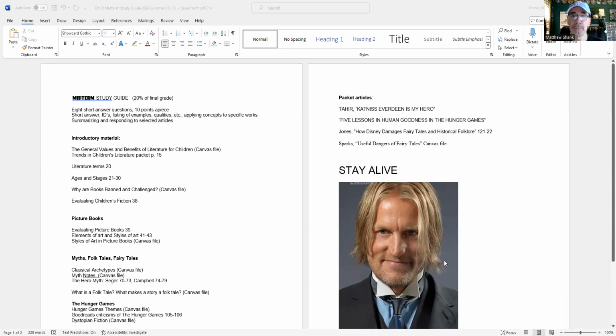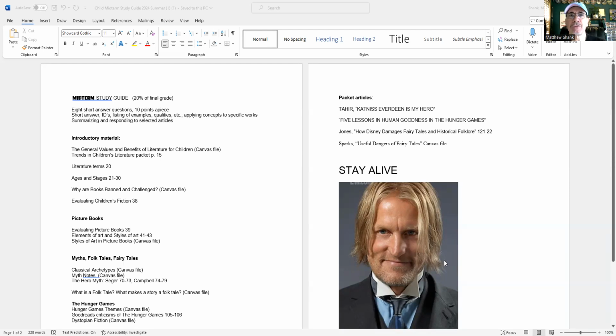So you'd have to know what symbols are, obviously, and then you'd have to be familiar enough with the story to be able to explain 3 symbols that you see in the story. So a number of the questions will be what I call application questions. And most of these, by the way, can be answered in a few sentences. Like I said, I don't consider them essay questions. Answer the questions, be concise, but answer the question fully. I'll also point out that I do try to give partial credit for answers.